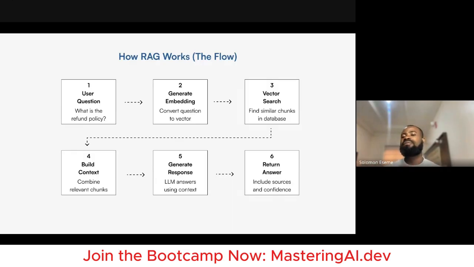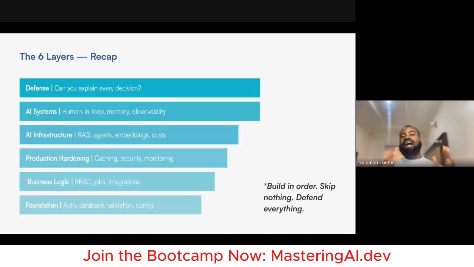This is how we prevent hallucination. This is also how we prevent high cost and every other thing that could go wrong